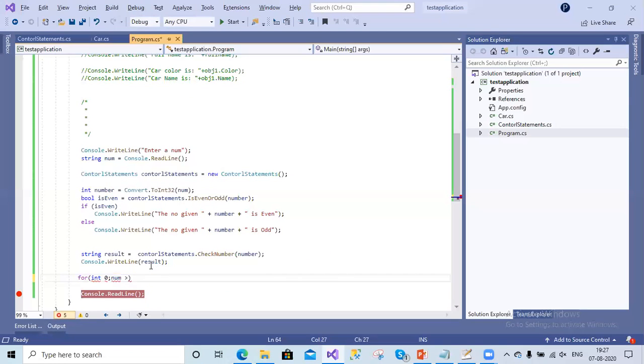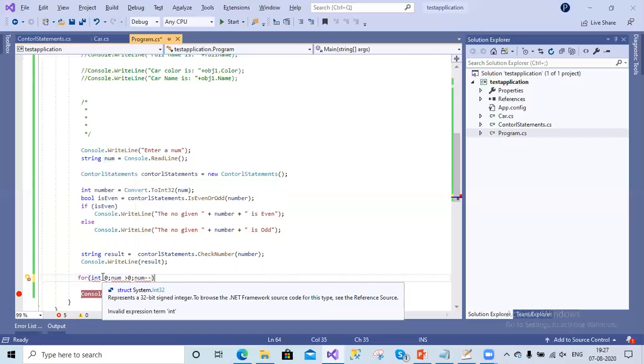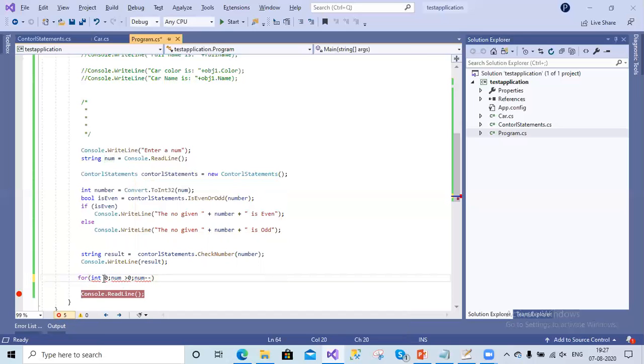This number is greater than 0, and number minus minus. Index, let us take index equals 0.